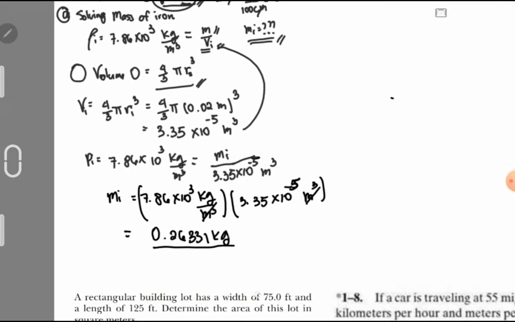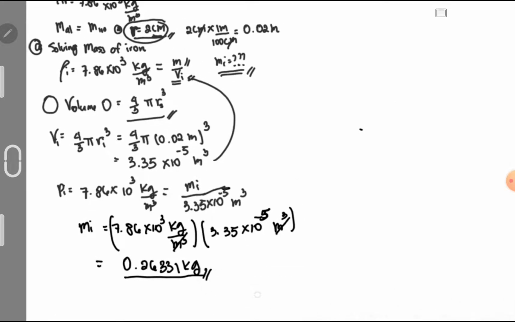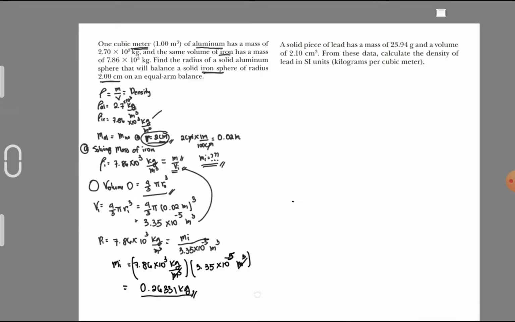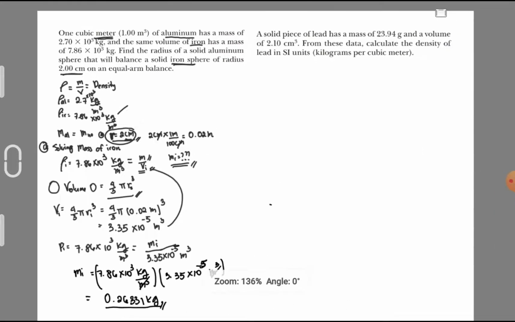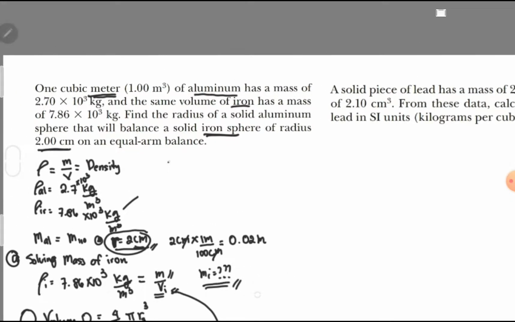So take note, in order to have a balanced mass, your iron should have an equal mass with your aluminum. So solving for the volume of aluminum, we will have